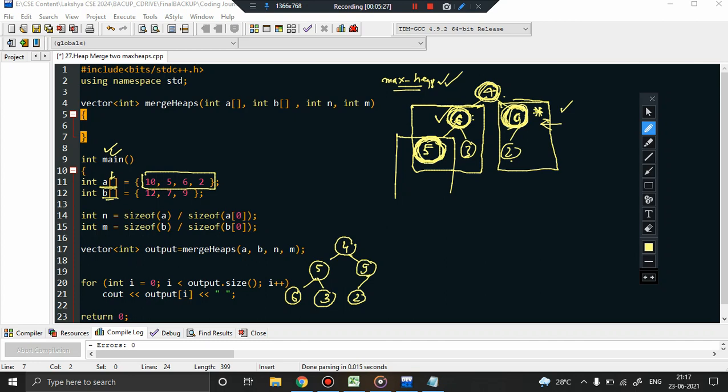Now what will I do? I consider this node, then this node, then the third last non-leaf node. So obviously from right to top I am just moving. So I consider this non-leaf node, then this non-leaf node. Now finally this is the non-leaf node. So when I consider this, I'll take into consideration that I'm dealing with the entire subtree, right? Entire tree.